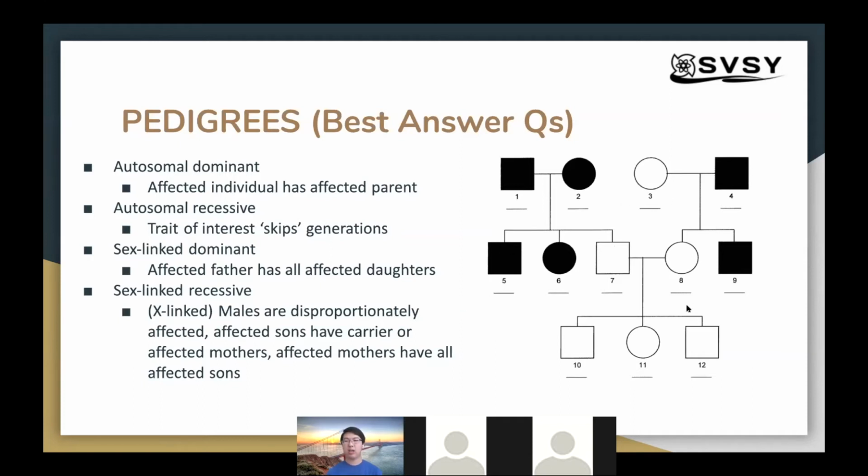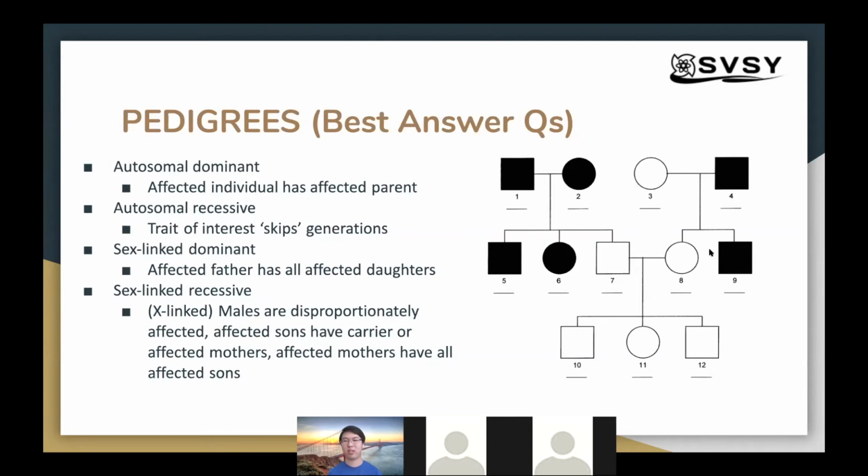Kind of here again. It's not very clear right away what's happening. And so in this case, for a best answer question, you would try to go towards the most common response, which is autosomal dominant. Because you have no reason to necessarily suspect that it's autosomal recessive or sex-linked recessive. Again, we know that it's not sex-linked dominant. We cannot necessarily disprove that it's sex-linked recessive or autosomal recessive, but more likely than not, it's autosomal dominant